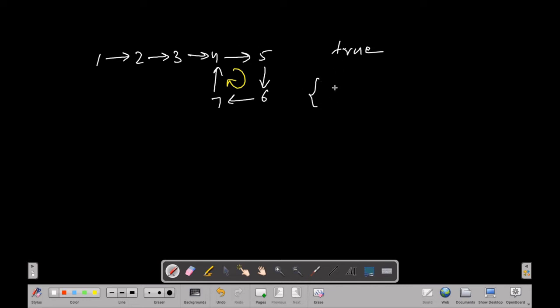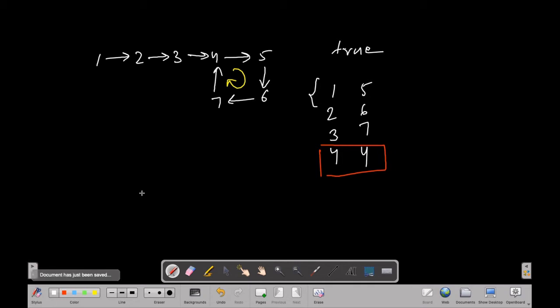We will start from 1, then we got 2, then 3, 4, 5, 6, 7, and then again we got 4 here. So as you can see, we got two same nodes here, and if that happens we will simply return true, else we will return false.